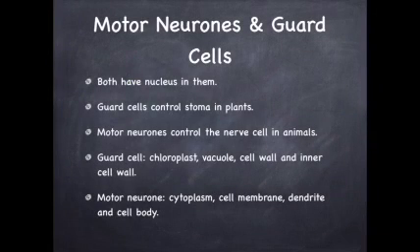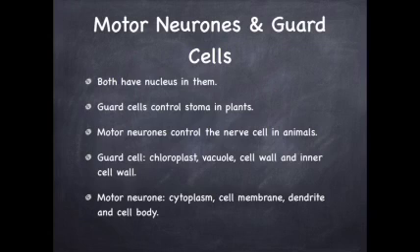Both the guard cells and motor neurons have nucleus. Plant and animal cells are similar because they both have eukaryotic cells and similar organelles. But animal cells are different from plant cells because they don't have cell walls and chloroplasts, which are relevant to